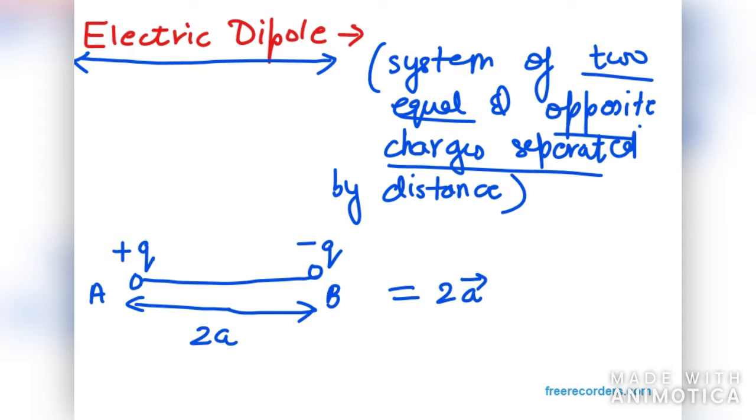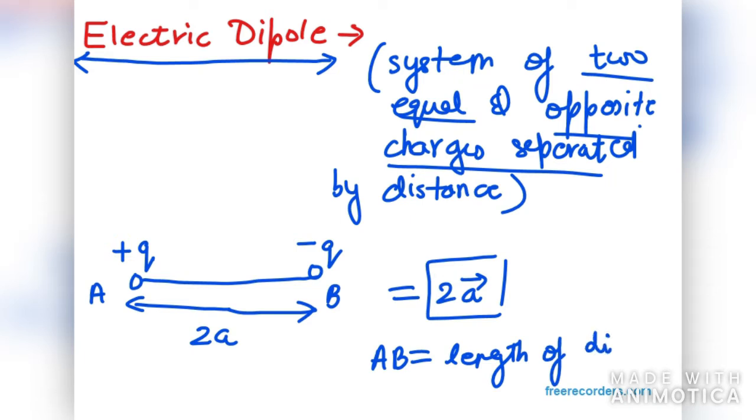So three things are there. One is the charges should be equal. Second is the charges should be of opposite sign. And then we have the third thing, that is they should be separated by some distance. So in this case it is 2a. AB is actually the length of the dipole, that is 2a. It is written as 2a vector. Then AB you can write as the length of a dipole. AB is the length of the dipole which we need to measure using anything if we are given with plus